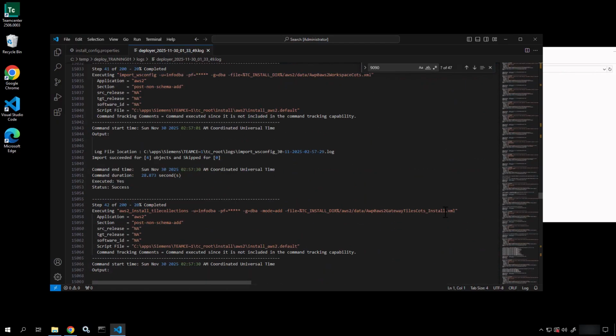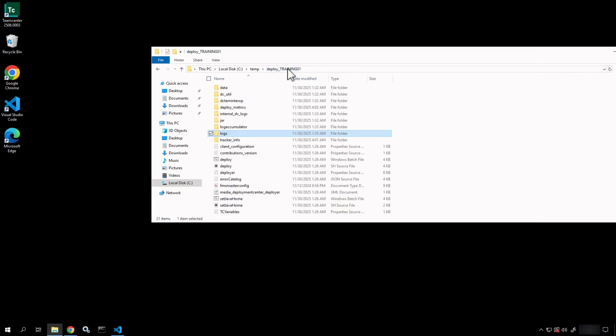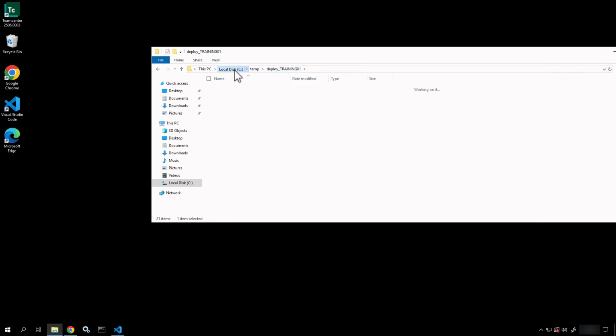So if you have an error, definitely come to the deployer log and get more information on it from there. You also have a diagnostic, and if you go into the internal logs, you have some additionals. So those are all of the logs for that. However, in the C apps, Siemens directory, in the Teamcenter 2506, I now have a TC data, TC root, and